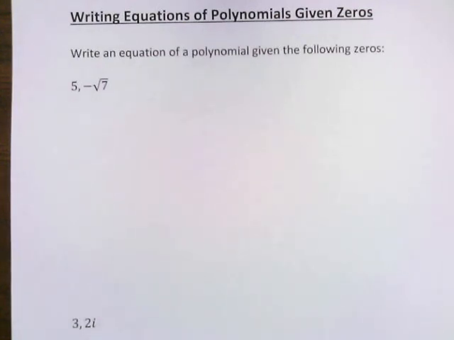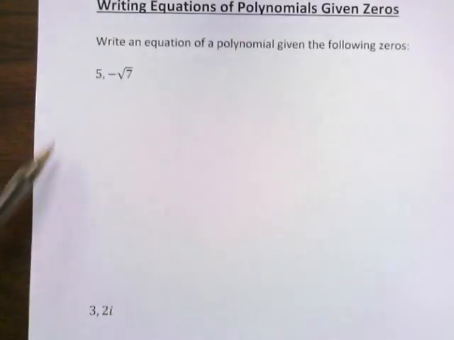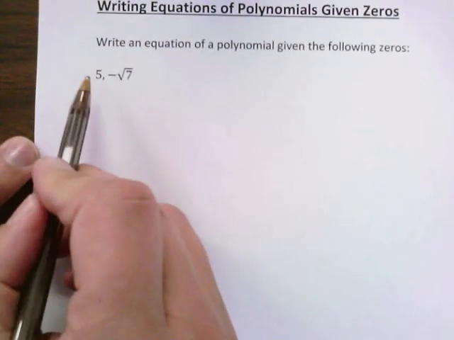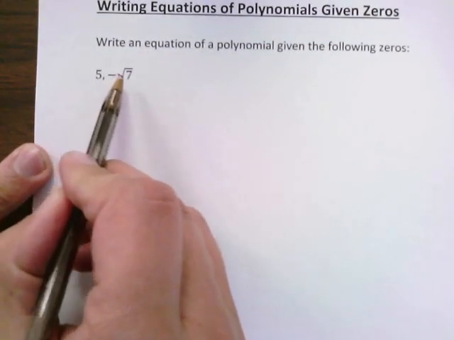Hi guys, let's discuss writing equations of polynomials given zeros. So what we're going to do is write an equation of a polynomial given the following zeros. What the directions don't add on here is that we are going to write these in standard form. Okay, so right now I have a 0 at 5 and I have a 0 at negative square root of